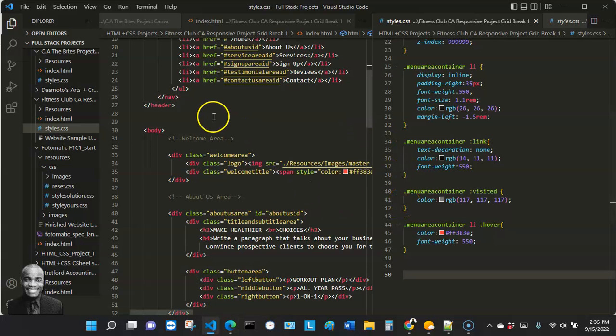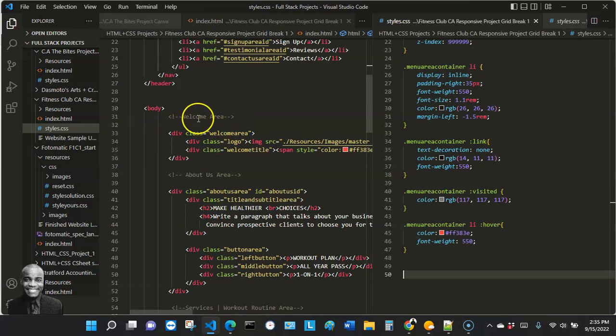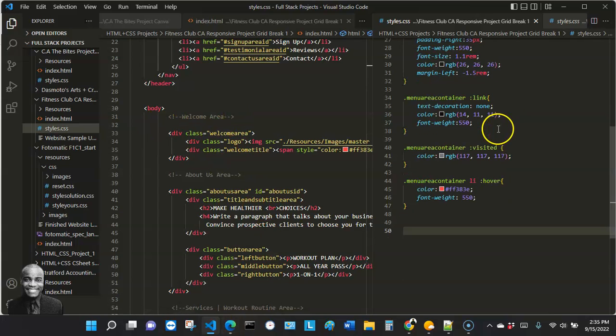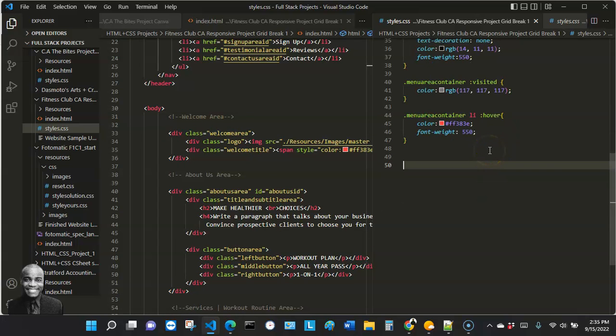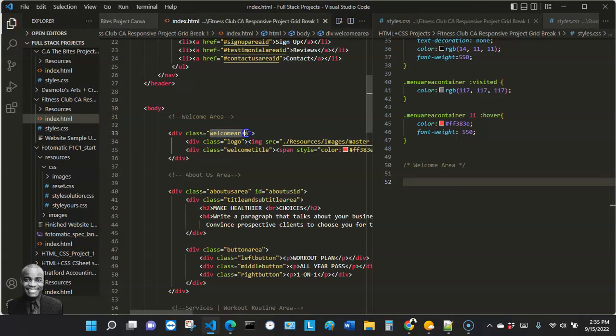The next area we're gonna code is this welcome area right here. This is where the site is now gonna come alive. So I'm gonna go ahead and name this part welcome area. Okay, I'm gonna do this. And I'm gonna start off with this class right here. I'm gonna copy this, and then I'm gonna start to